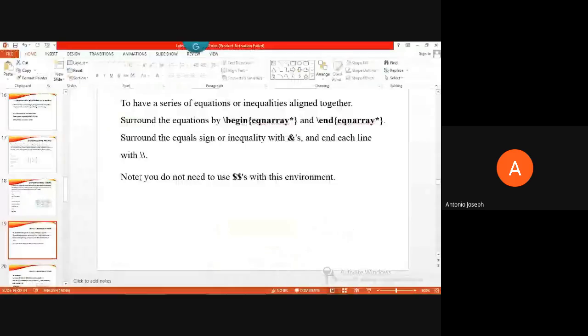Then now comes the multi-line equation. We were discussing the math environment, then we discussed the arrays, and then I showed how we give numbering to the equations using begin equation. Now if we have multiple lines of equations, that means if we are showing some derivations, there will be a lot of equations, one below the other, and we will be simplifying. That's a lengthy one. In order to create such equations, we can create all of them in an eqnarray environment. Okay, so there's an example also.